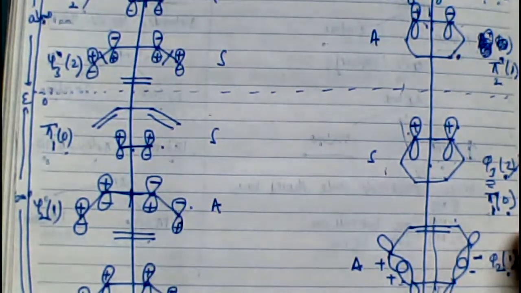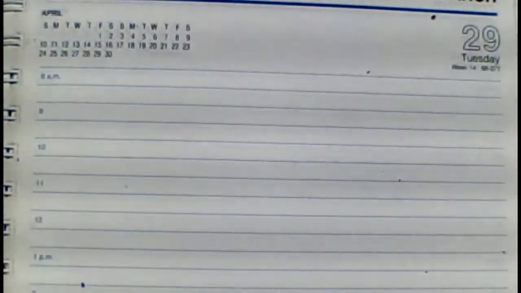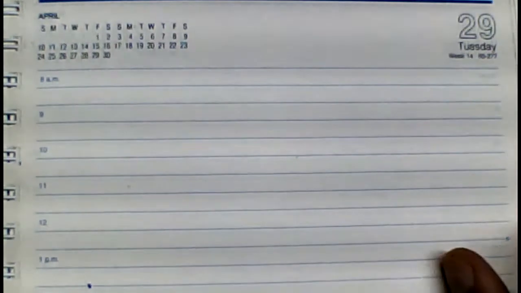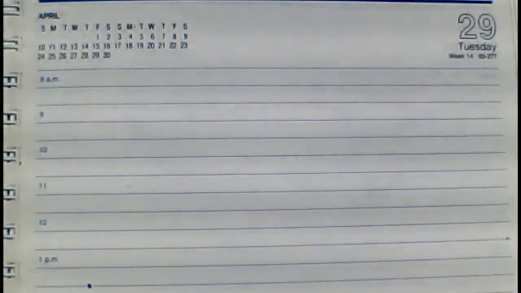Now one more thing is left for this reaction: to check whether it is thermally or photochemically allowed. We have done 3 things. We have seen what the reactants in this reaction are, how many molecular orbitals of the reactant and how many molecular orbitals of the product will be formed. Then we have drawn the reactant molecular orbitals and the product molecular orbitals. And finally, we have chosen a symmetry operation, applied it to these orbitals and classified them as symmetric and antisymmetric.